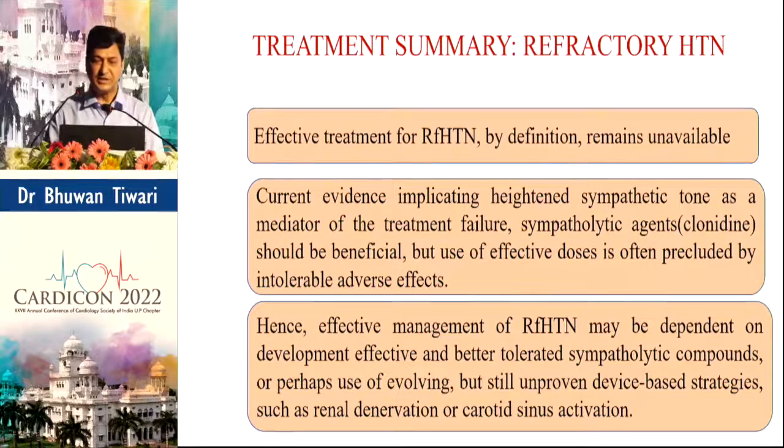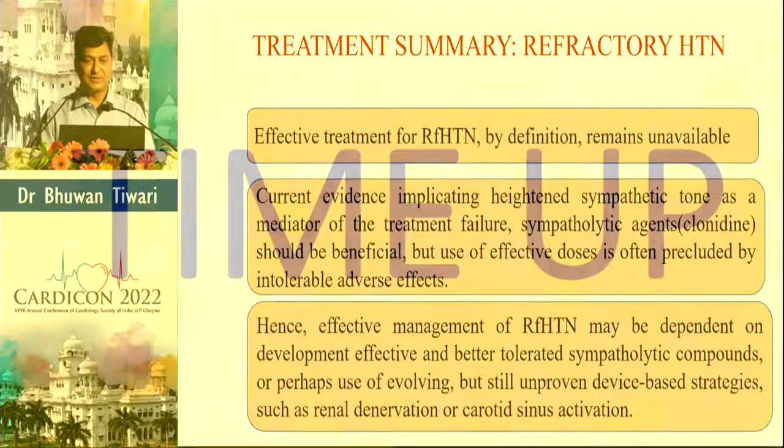etc. So the treatment summary for refractory hypertension is: effective treatment of refractory hypertension by definition remains unavailable. Current evidence implicates heightened sympathetic tone as a mediator for treatment failure. Sympatholytic agents like clonidine should be beneficial, but use of effective doses is often precluded by intolerable adverse effects. Hence, the effective management of refractory hypertension in future may depend on development of effective and better tolerated sympatholytic compounds, or perhaps use of evolving but still unproven device-based therapies like renal denervation and carotid